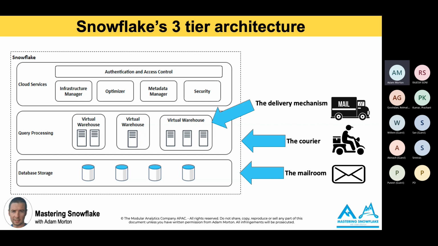Now, in the real world, sometimes all that might be required is a bicycle or a van or a truck. Even in special cases, you might have international items that need an aeroplane, for example. And this is akin to the virtual warehouses. You can see on the diagram, we've got different sizes of virtual warehouses. And in Snowflake, these come in t-shirt sizes, which we'll get into a little bit later. But what I mean by that is they come in extra small, small, medium, large, etc. And you need to size your virtual warehouse appropriately to the workload that you're dealing with.